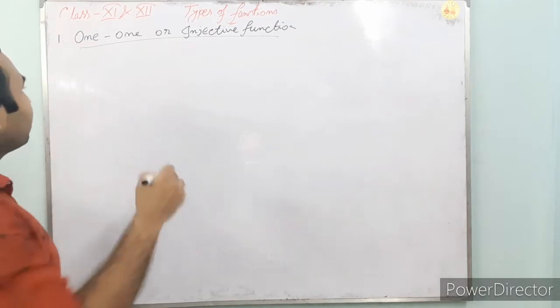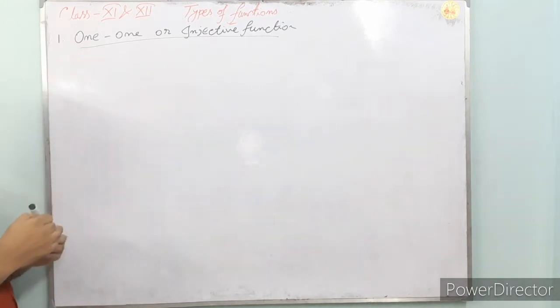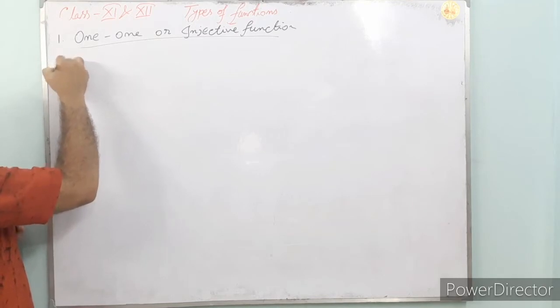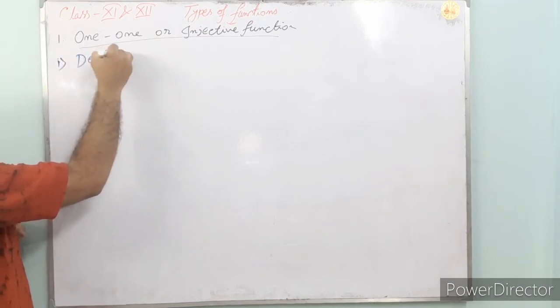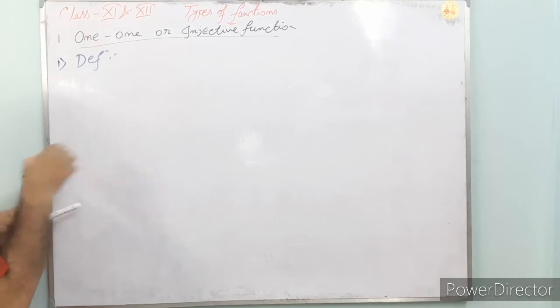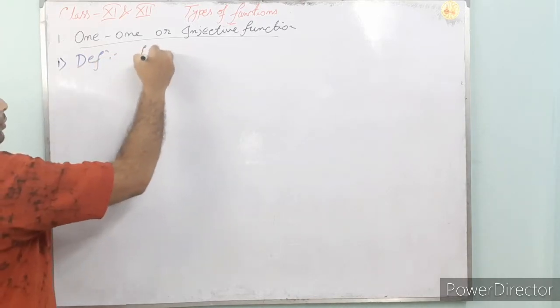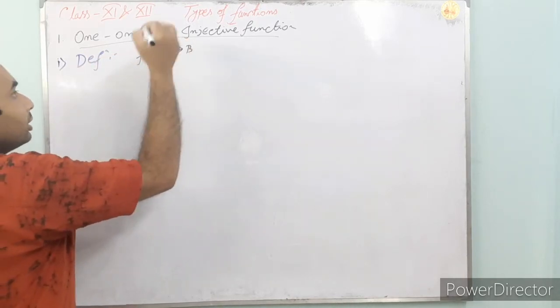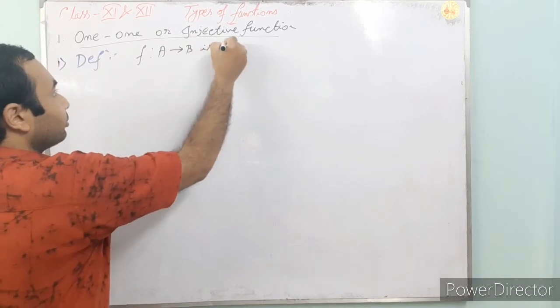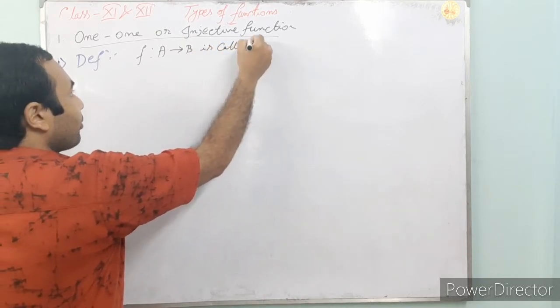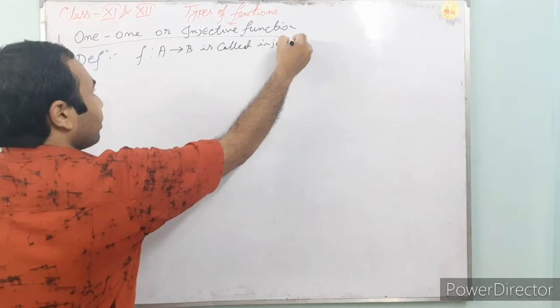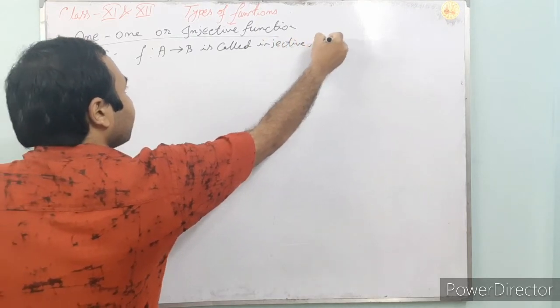What's the definition of the injective function? Definition: a function f from A to B is called injective if